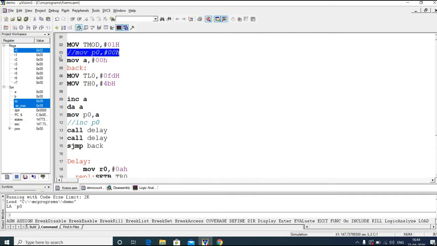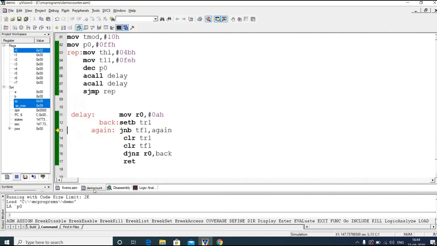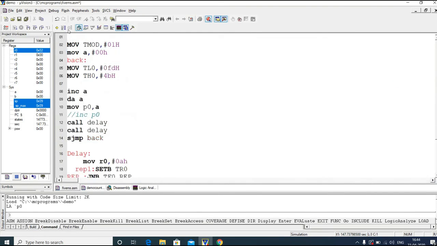Same program it is. Okay, right? So in this, actually, the timer I have used is 01H. In the earlier program I directly used P0, but in this case the DA instruction will work with the accumulator, so I am using the accumulator. The initial count I am initiating in the accumulator as 00H, and the next procedure is the same, that is it will load the timer registers.